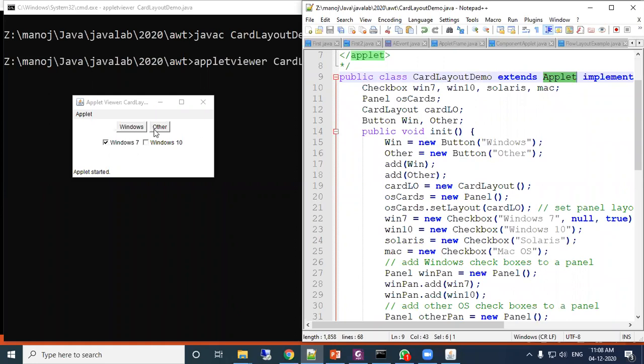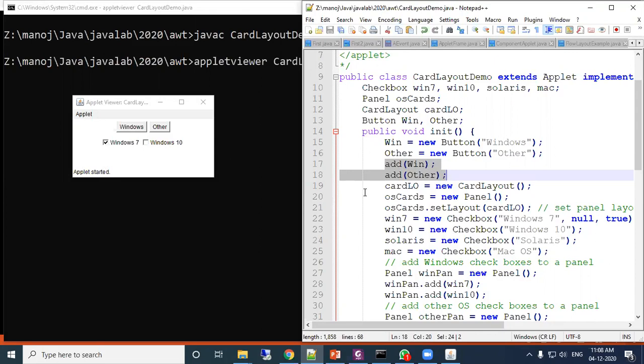Windows and Others are the two buttons that were created here, and these two buttons are showing on the screen after executing these two lines. After that, the card layout is created. Under the card layout, this area is divided into two, meaning it contains multiple cards.